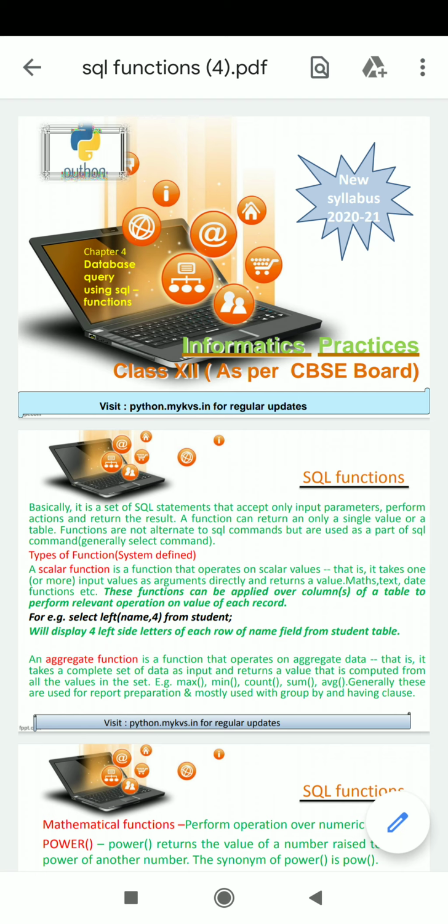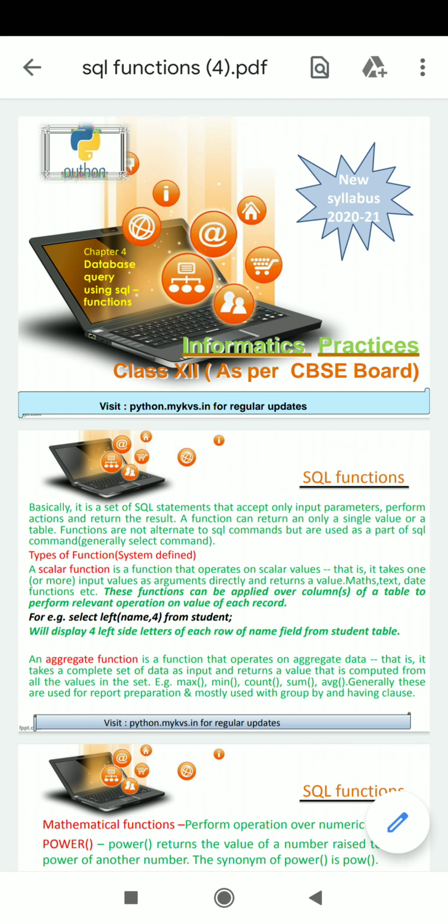Basically, it is a set of SQL statements because these functions are part of SQL, which accept only input parameters. Input parameters means the values which we pass inside the brackets, which may be single or multiple, separated by comma.